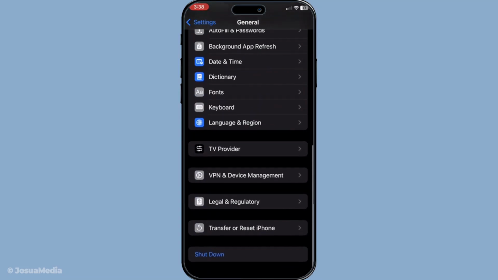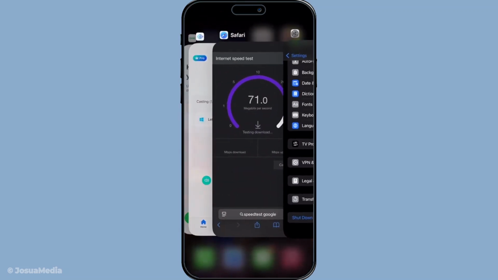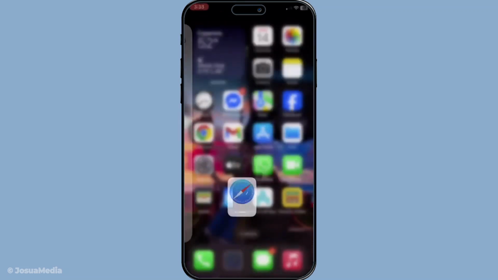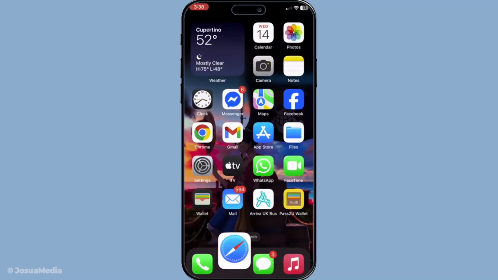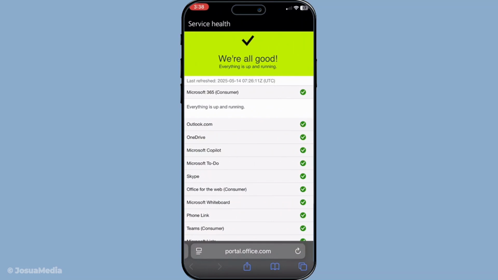Once your phone is back on, you should verify the status of the Outlook servers. Visit the Microsoft Service Status page at portal.office.com/servicestatus. This can help you determine whether there are any server-side issues with Outlook that might be causing your emails to malfunction. If the servers are down, there's not much to do but wait until the issue is resolved